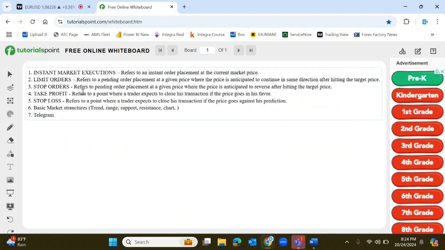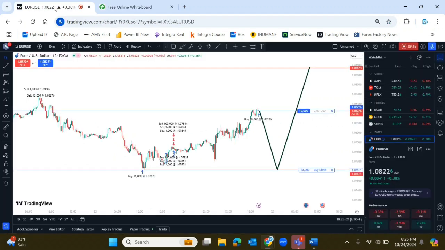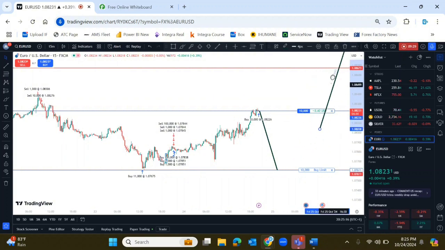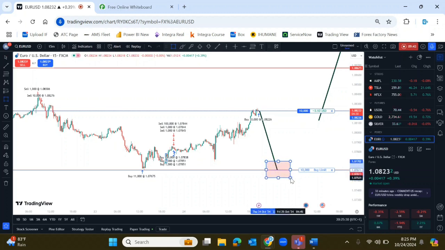Now what does a stop order mean? Looking at it in the real market, a stop order simply means you are predicting or expecting the price to proceed beyond a particular point if it reaches it. In the case of limit orders, we were saying that if the price moves down to this point, it is going to reverse. But in the case of stop orders, you are saying that if the price drops and reaches this particular point,